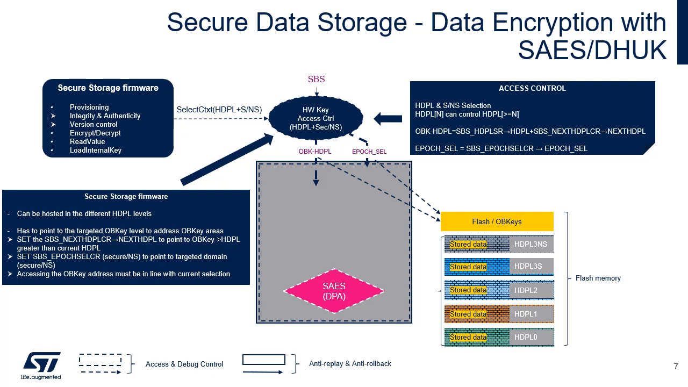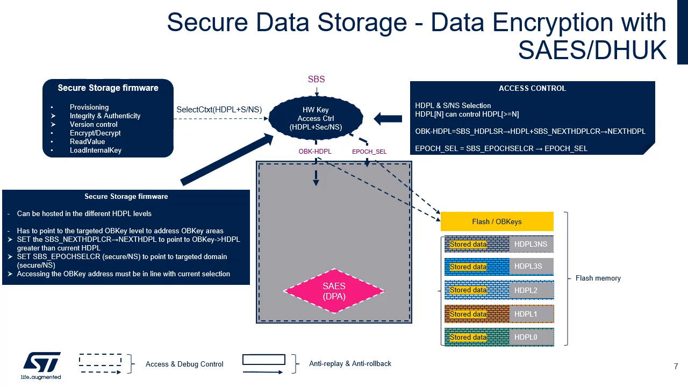It's key to understand that when such code is executed in a particular HDPL level, if it needs to access another level, then it has to explicitly commit this transition by programming the next HDPL and also the epoch to select secure or non-secure. This selection is used for flash interface OB key access control, but also used by the SAES